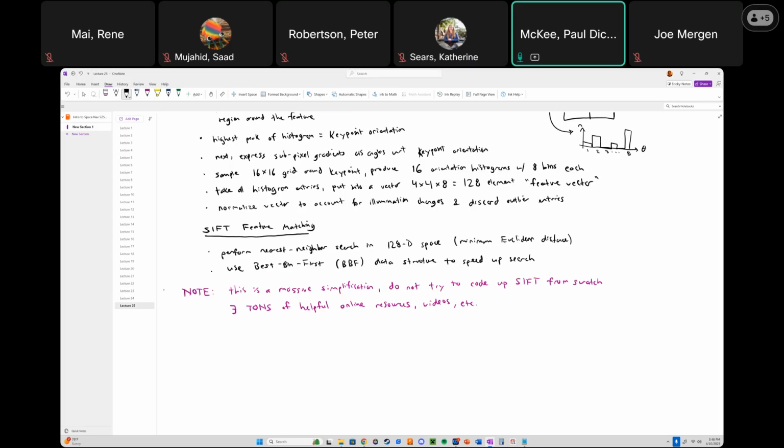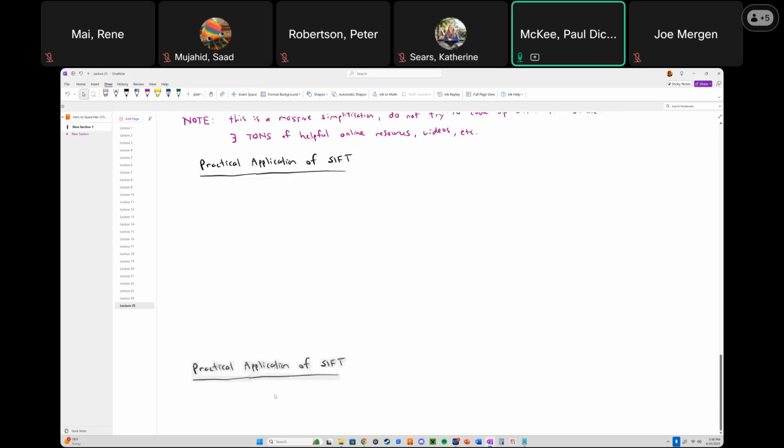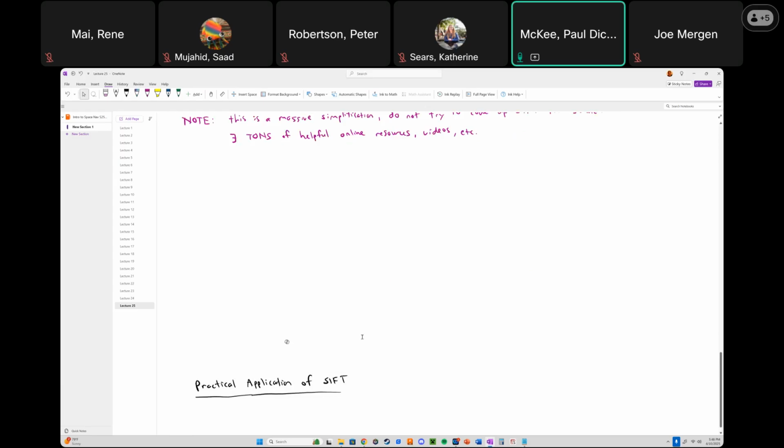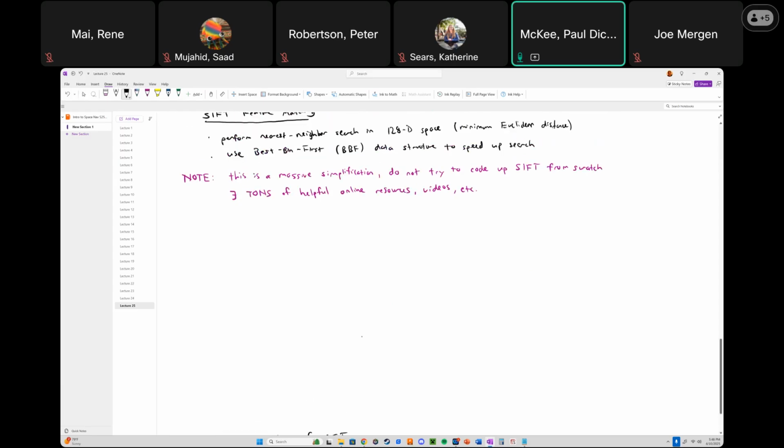But next, I want to talk about practical application of SIFT. So it's time for some pseudocode. That was some feedback I got on homework 4, was that more pseudocode might have been nice. Ooh, you know what? Sorry. I'm going to change the order here. Moving this down. Practical application of SIFT is next. First, I want to talk about